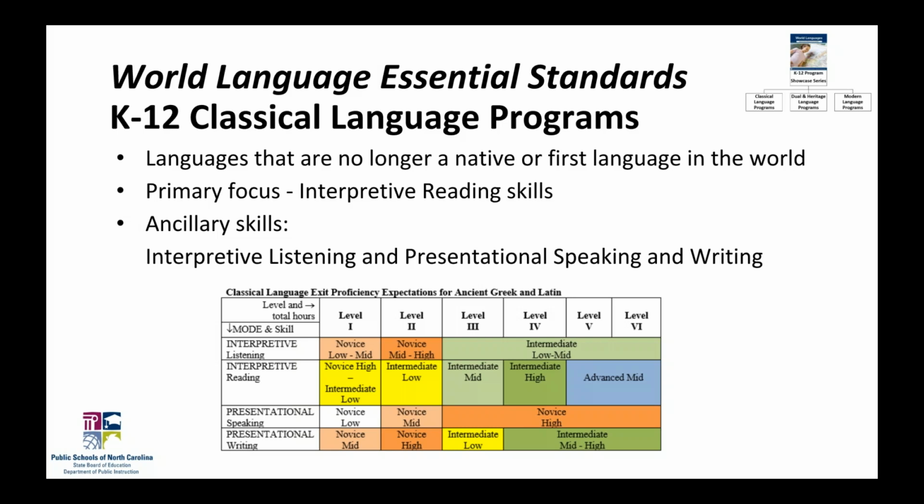There's also an increased use of oral techniques that appear in the intermediate levels in the study of poetry and oratory, where sound adds to the meaning of the literature. Since the primary focus is interpretive reading, students progress more quickly in their reading skills, and if they continue to study the language, they will be able to read original authors such as Caesar, Virgil, Ovid, Catullus, and others.